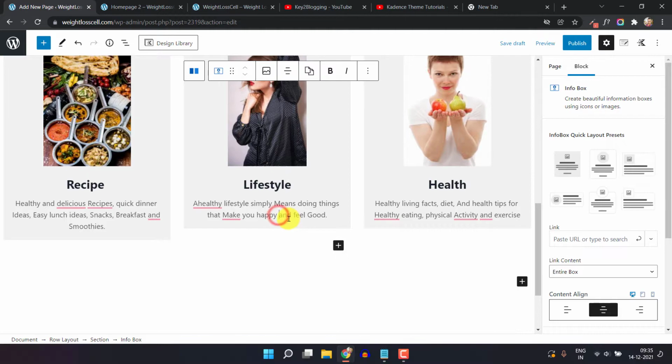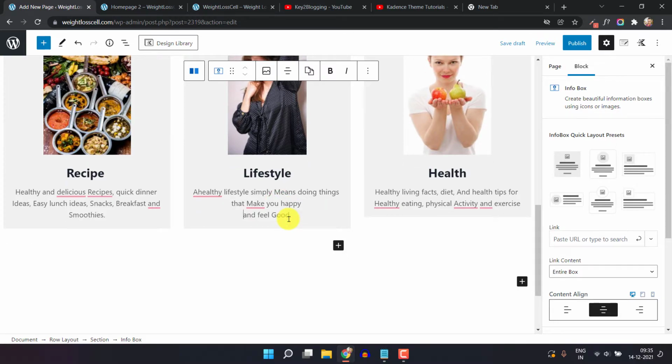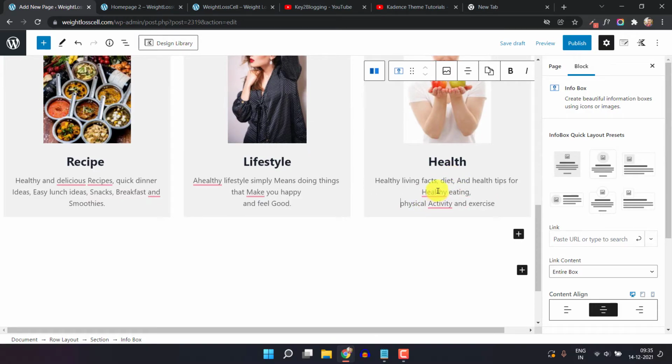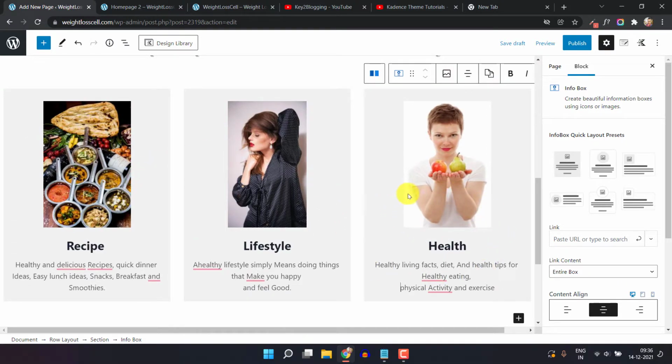So I will click on it and I will press shift and click on enter, so that it will set it just below the line. And here in this case let me just change the physical activity. So I will click on it, press shift and enter, so it will shift to the third line. Now the width of the boxes will be the same, otherwise it will show distorted and it will not show the exact same width in the box.